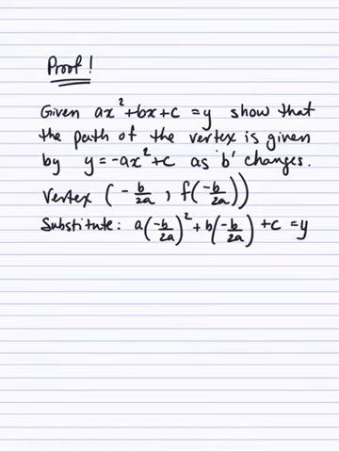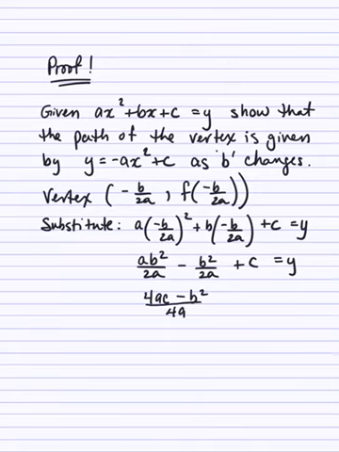So we've substituted in. We want to go through now. We're going to have to square the values, and we end up with a b squared over 2a minus, so I made a little error there, minus b squared over 2a plus c. Now if we go through the process of simplifying, and I'm going to trust that you can do that algebraically, we end up with 4ac minus b squared all over 4a